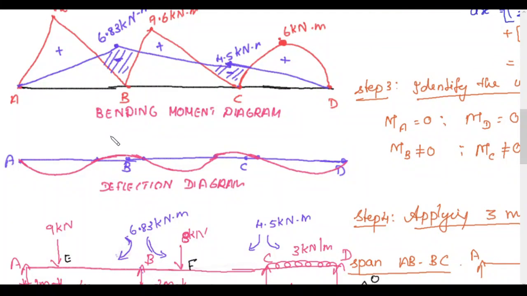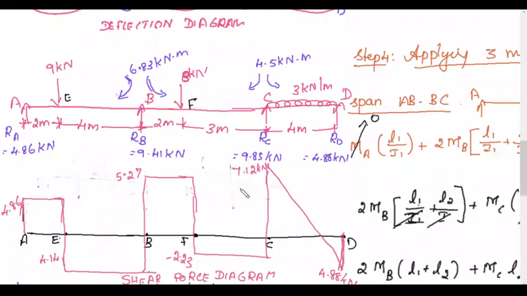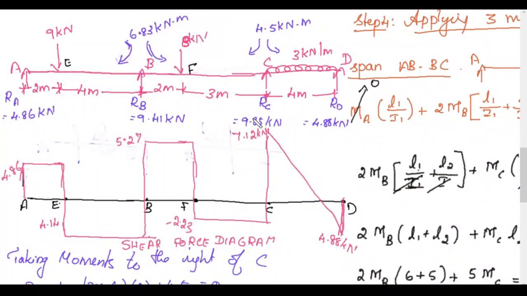Now from this bending moment diagram you can draw the deflection diagram. Now once again you draw the given diagram. Write what are the unknown reactions. Mention the fixing moments. Now apply the equations of equilibrium and find the unknown reactions. So you consider all the joints at A, right or left of A, right or left of B, right or left of C. So we get RA, RB, RC and RD. Once you get these, you can draw the shear force diagram.